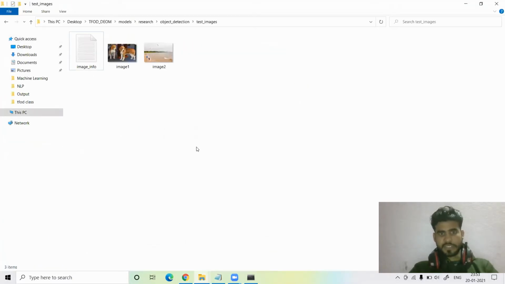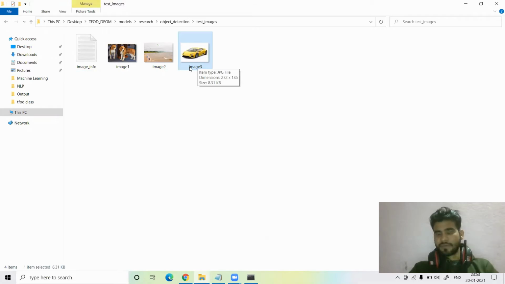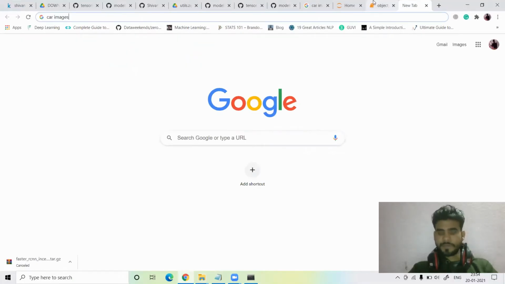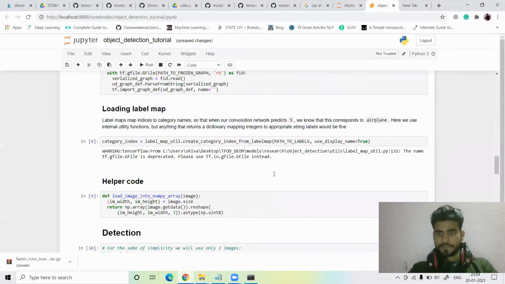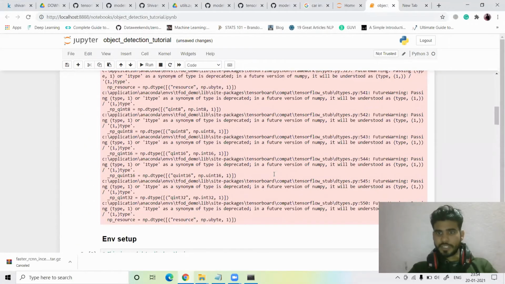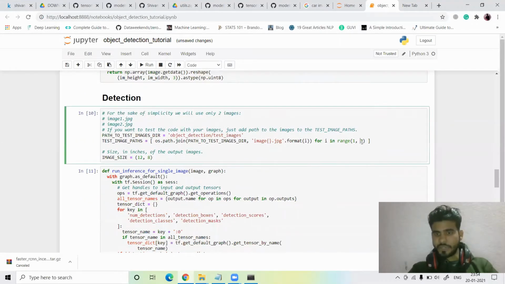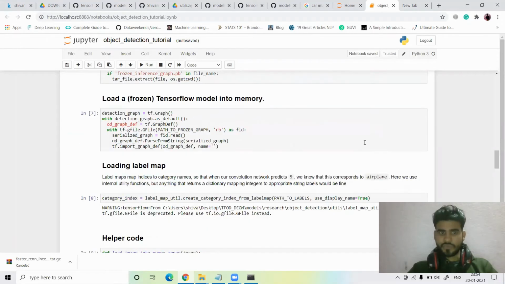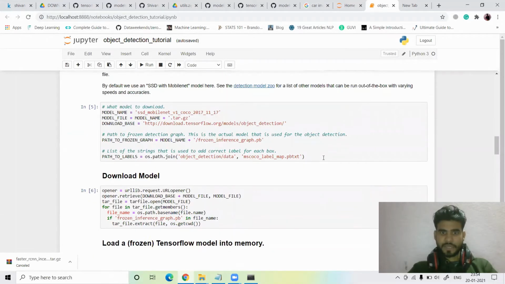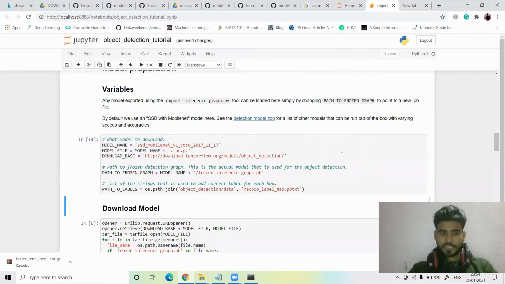Let's copy from here and paste it here, guys. I just copy this. See, I just downloaded these images, and make sure you write the names in the same format: image1, image2, image3. Same format you have to write. Then do one change in your code. See, I'll show you where you can change it. Just change your range from 3 to 4 and run this cell again. Run.